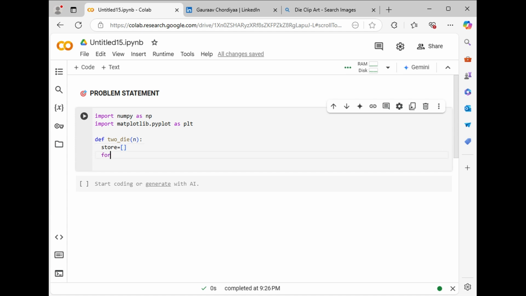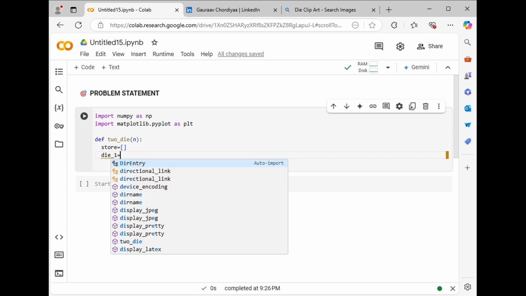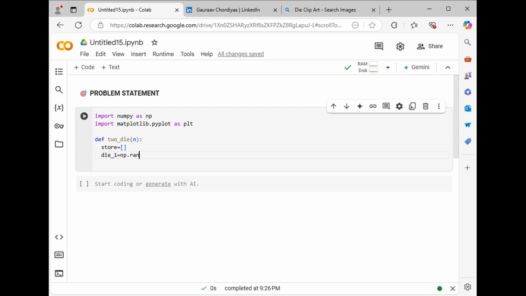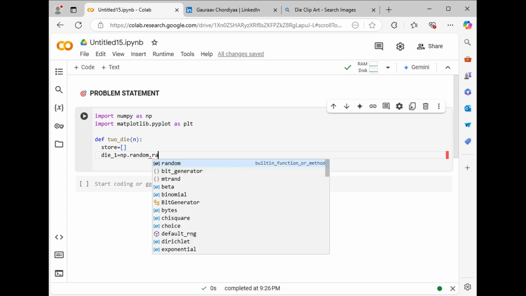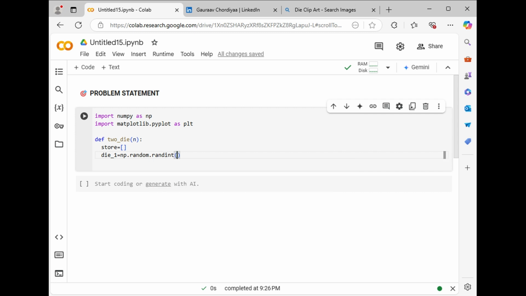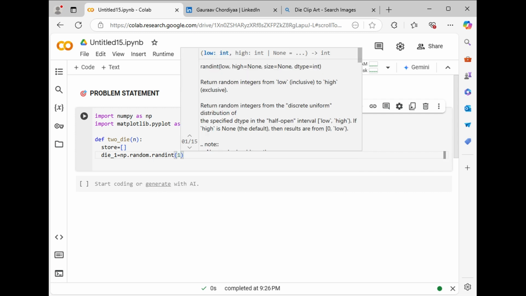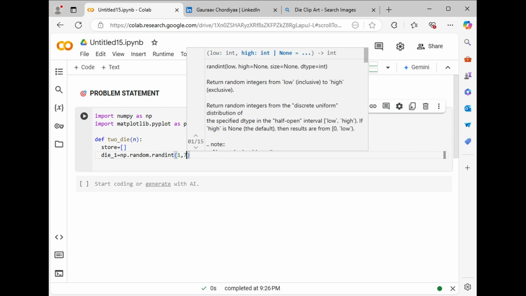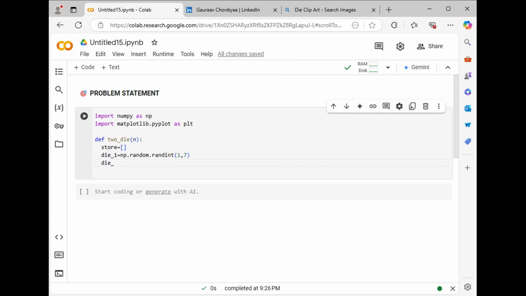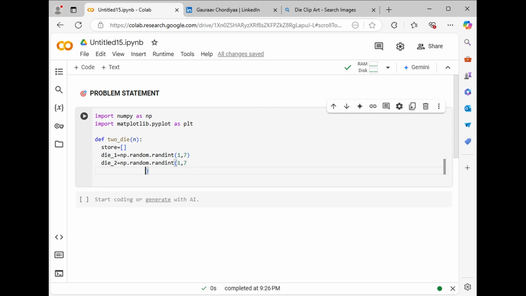Now we need to use the for loop. Before that, using a for loop, what we'll do? First, die1 is equal to, how do we roll? np.random.randint, and you need to pass how much the dice will be, 1 to 6. So we need to pass 1 to 7, because it starts from 1 and will end at 6. Okay, this is what we give. That's die1. Now die2 is equal to np.random.randint, and we'll pass 1 to 7 over there.